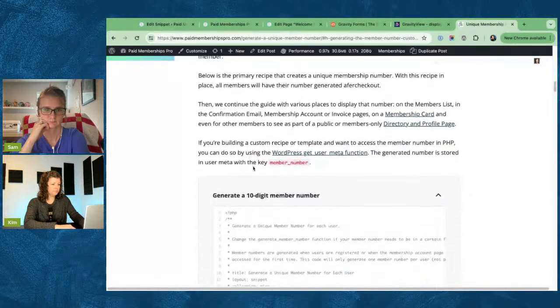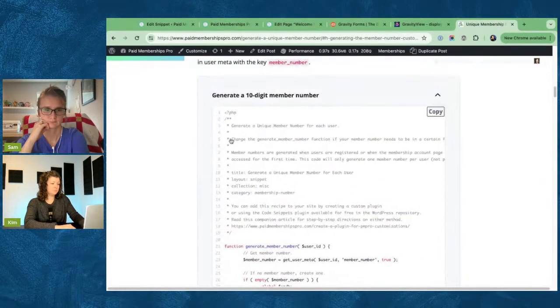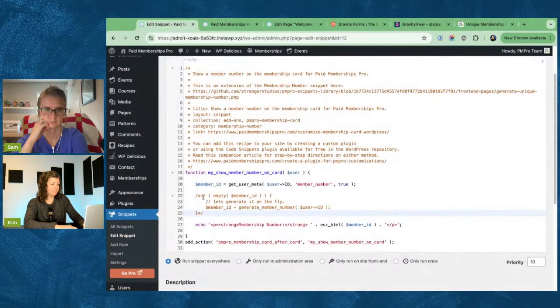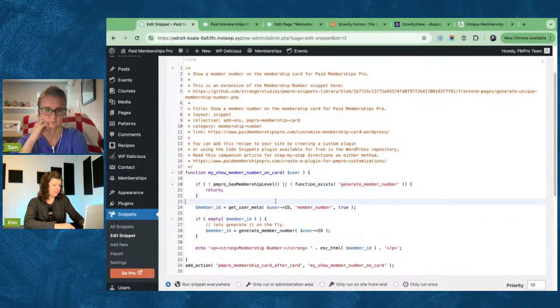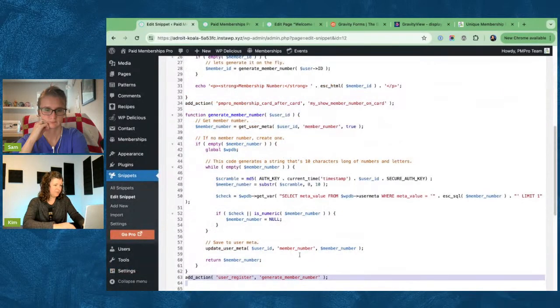Here. This function, to make that snippet complete here. Oh, I did a lot here. Let me put that all back. Okay, that's all back as it was. And then I'll make sure this generate member number function is here. It's going to give me a fatal error, but